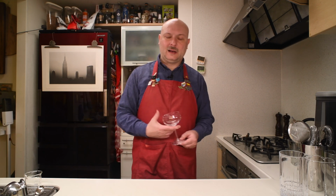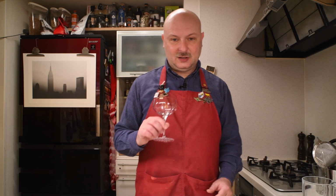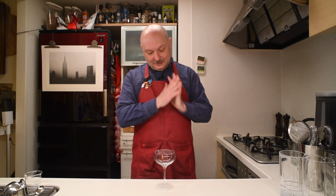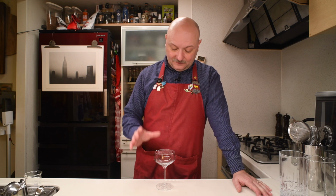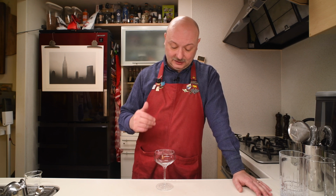Let's talk a bit about glasses. I'm going to try to tackle glasses in the order I think they're most essential. And the most essential glass I have is this simple coupe. This simple coupe fits 90% of your cocktails that are supposed to be served straight up, meaning without any ice in the vessel. It has an elegant shape, and if you forgot to pre-chill your glassware, which you shouldn't forget,